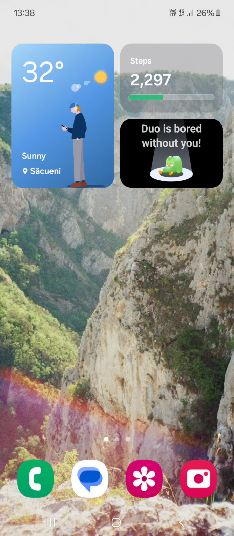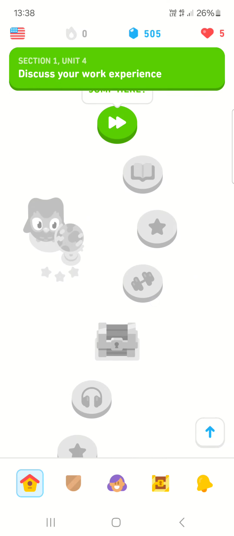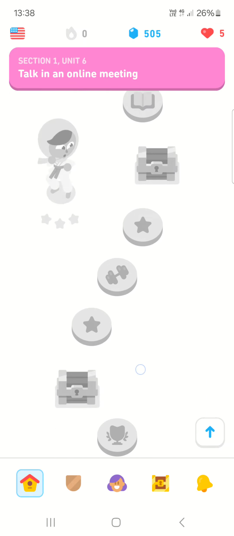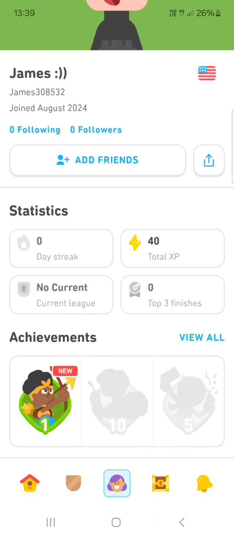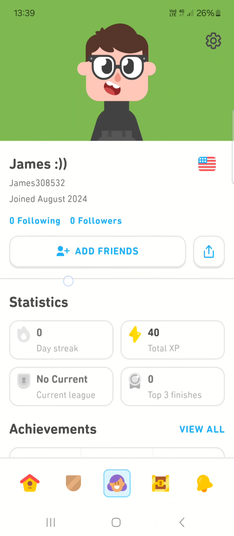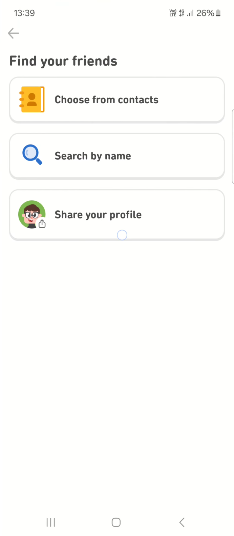First you have to open up the app. Here it opens up in the home menu where we have our lessons from a course. From here we just go into the profile menu, and then here at the top we find add friends. We can tap on this, and then we can